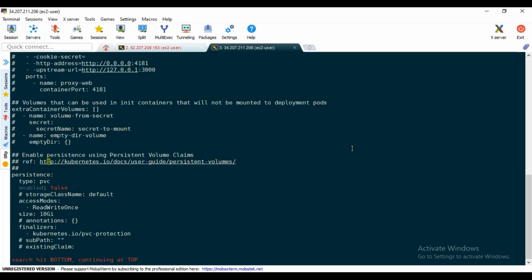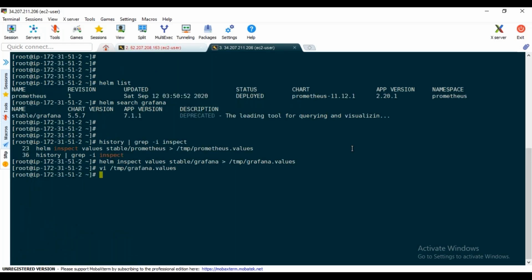So persistence here, if you see enabled is false, then you need to make it true. Then if you have a PVC ready with you, this PVC will get created from that PV. Otherwise, it will not get created and the deployment will fail. So now save it. Now install this one. So Helm install